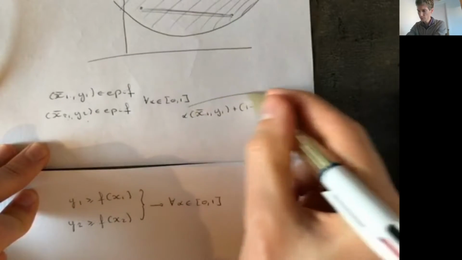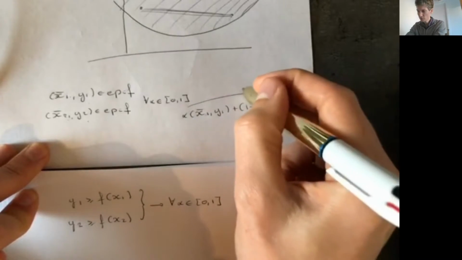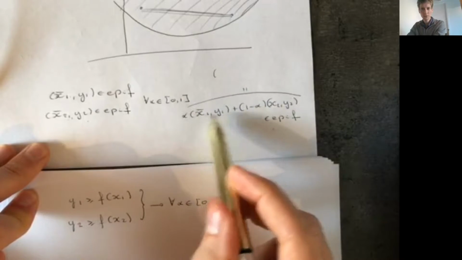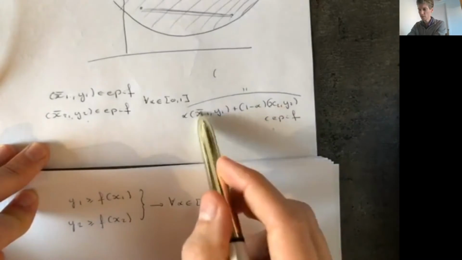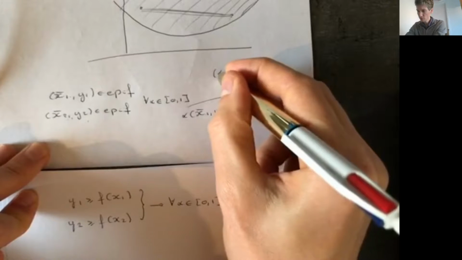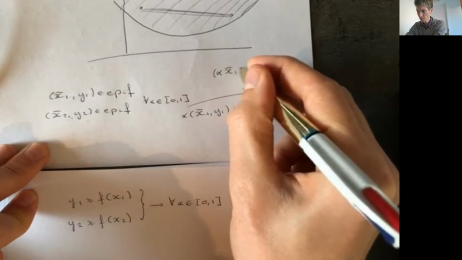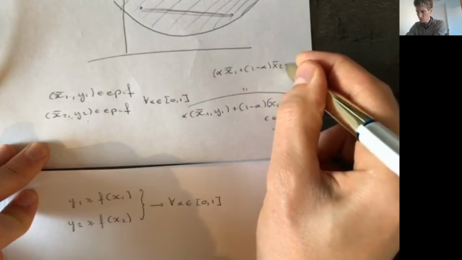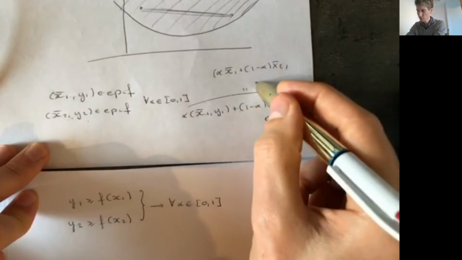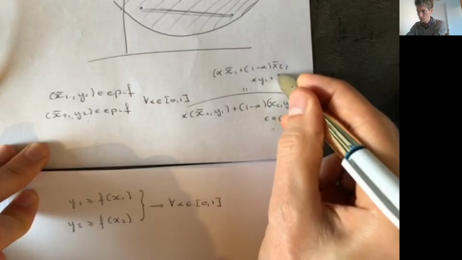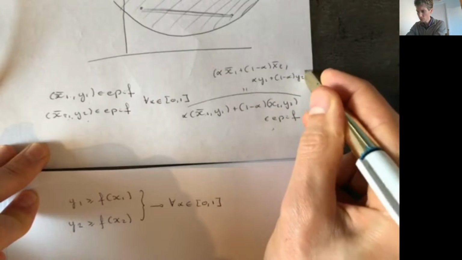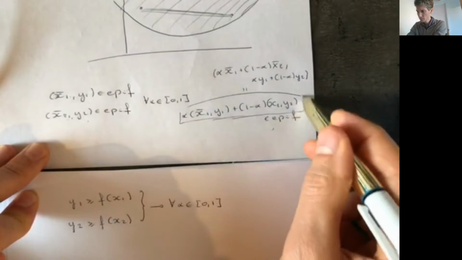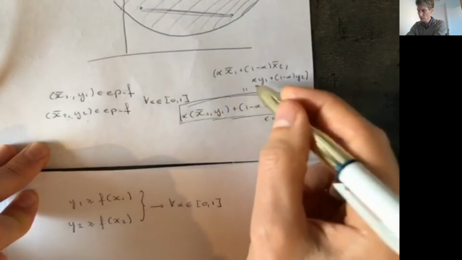So what's this here? This is the same as the vector, or the pair. So I can take the alpha inside. This is like a stacked vector, a vector and a number. So this is alpha x1 plus 1 minus alpha x2, and then the second component is alpha y1 plus 1 minus alpha y2. So this here is the same as